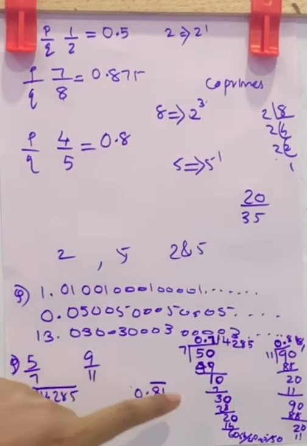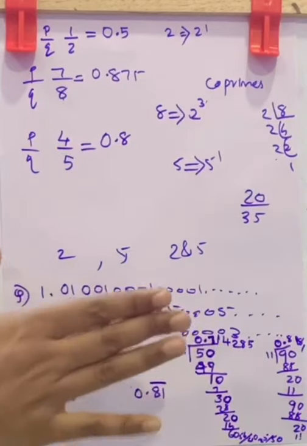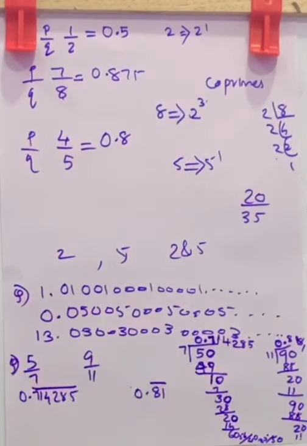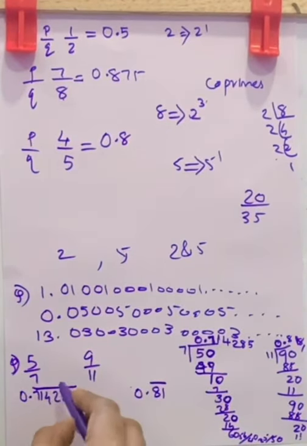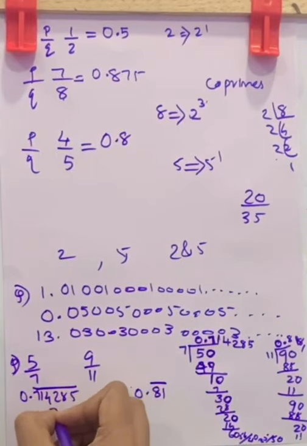So these are two rational numbers. Rational means if it is non-terminating, it must repeat. So these are repeating numbers. So these are rationals. Now we have to find which is non-repeating, non-terminating. That is irrational. We have to find irrational numbers. So in between these two numbers, we can find some decimals here.